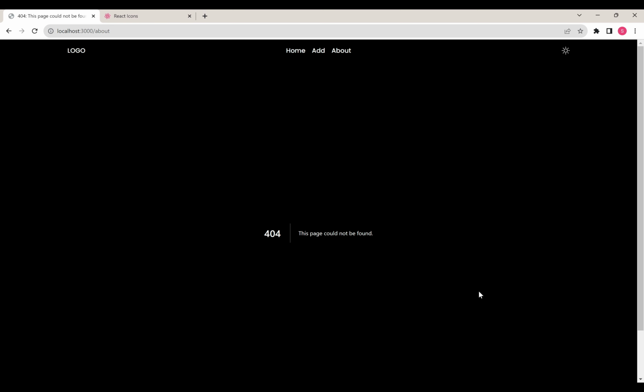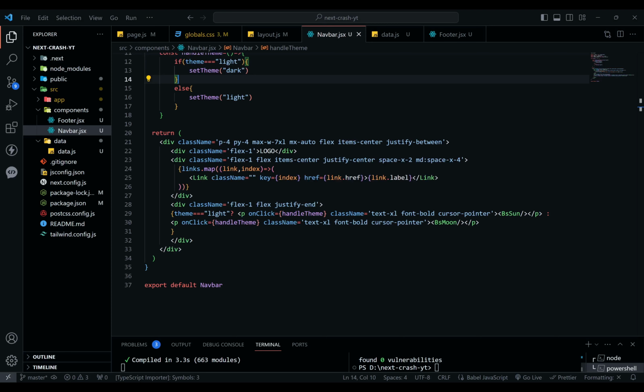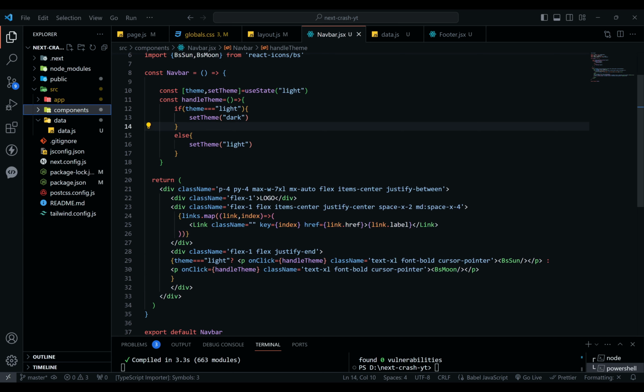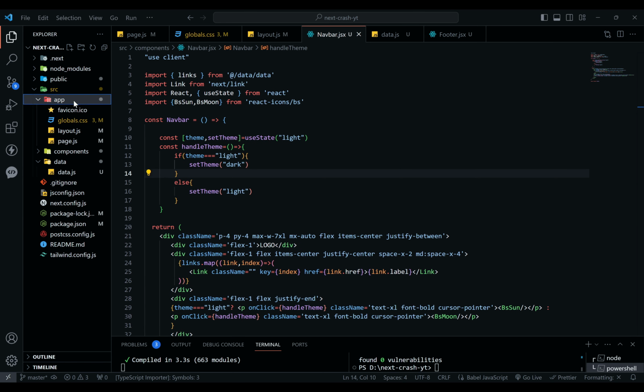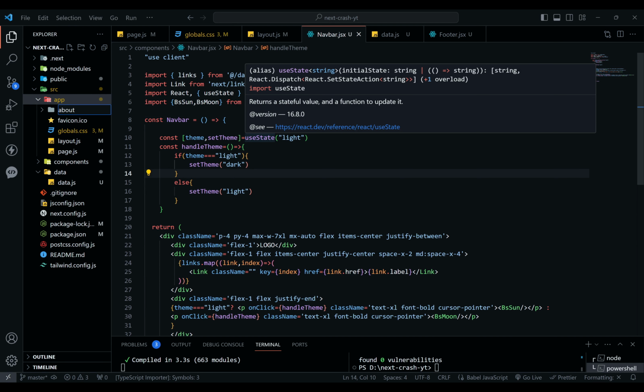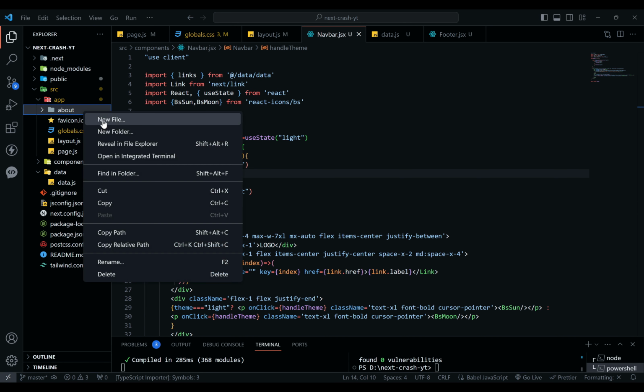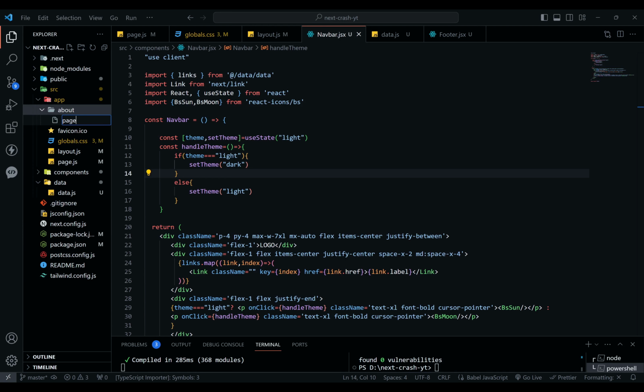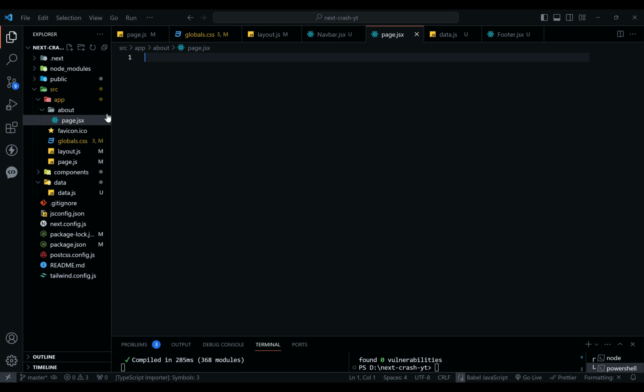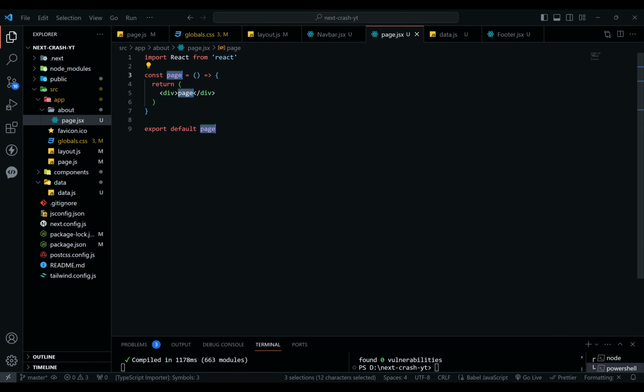So it is not actually the dark theme, it is the not found page. So to create the routes, we have to create a folder in the name of that route, and inside it let's write page.jsx, and this whole thing should go to the app folder. So let's create this route about,